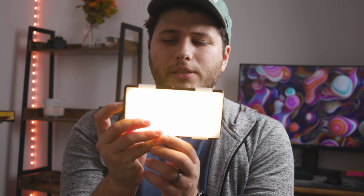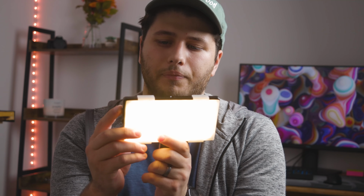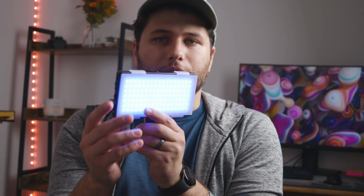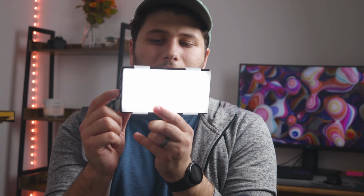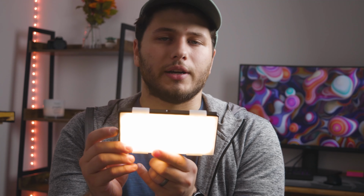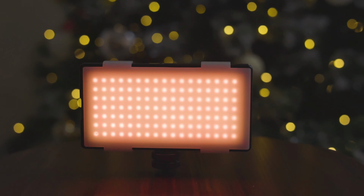It gets pretty bright. This is at 100%, and there's just different scenes that you can do that come preloaded. Fire, lightning, there's a loop of different colors. It's a really cool device. And very easy to use. Right now I only have 11 minutes of it though, because I didn't charge it beforehand, so shame on me,